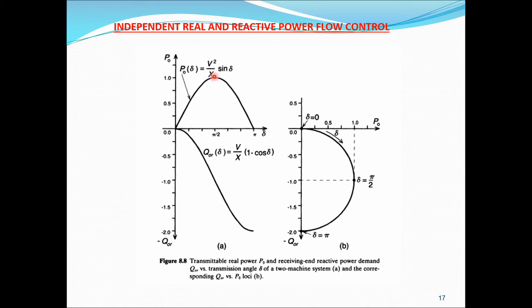Try to note these formulas. V square by X into 1 minus cos delta is Q. This one is active power P. If I plot one graph between P versus minus QR, it's a semicircle. When I connect all the locus points, we can have a semicircle maybe like this. Change in the values of the center if I plot P versus QR. This one is a curve.